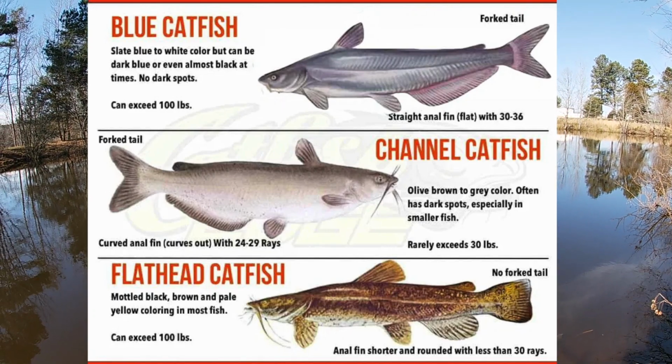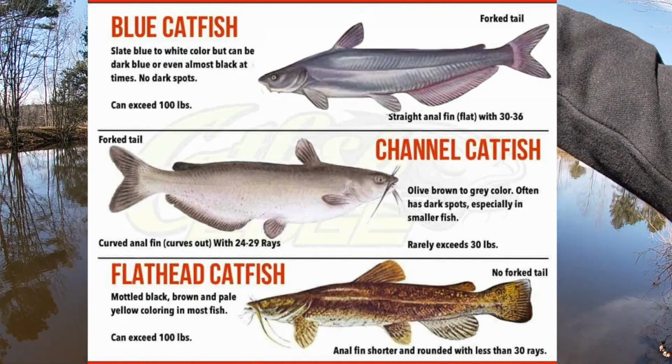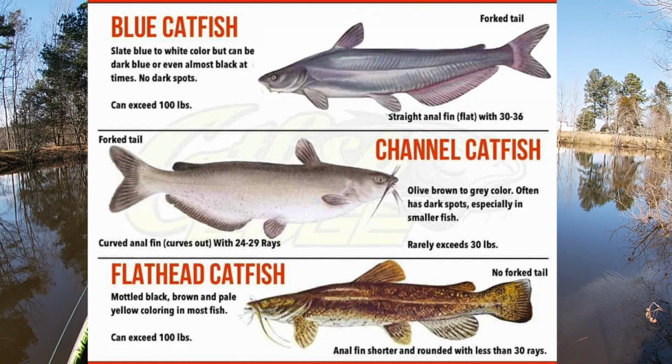Flathead catfish are the least active and the most rare type of catfish. There are a lot on the James River. The James River is full of all sorts of catfish, but